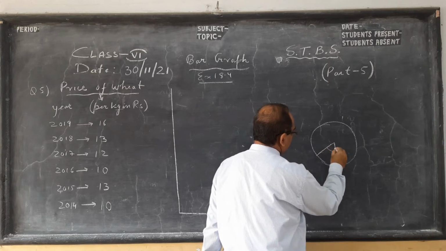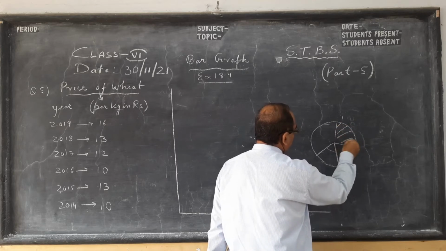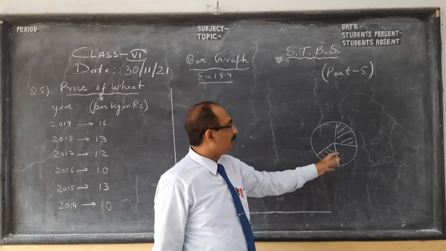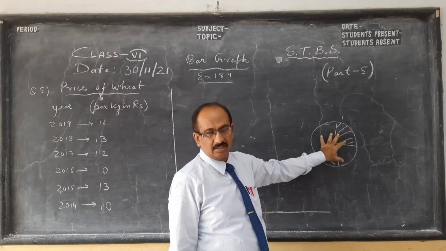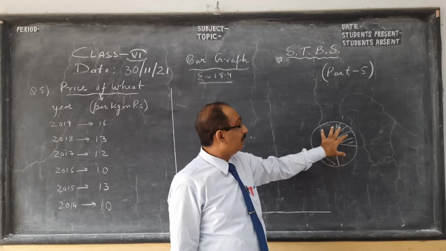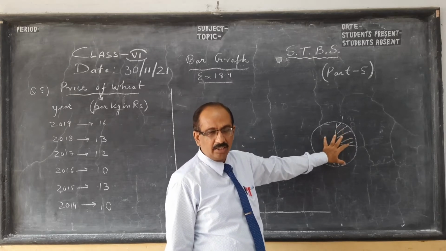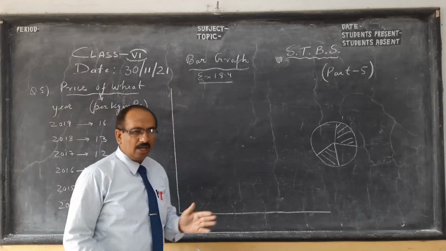Class 9, 10 you will see. So like this, these areas are called sectors. They are shaded to give you various values. Our understanding of anything becomes better if we have a picture to see. So this pie chart you will learn a little later. This class we are learning what a bar graph is.